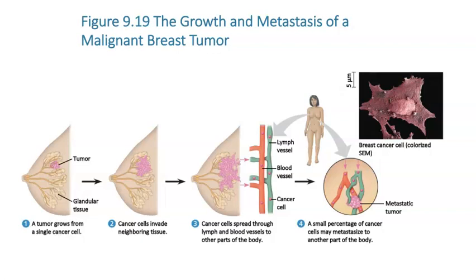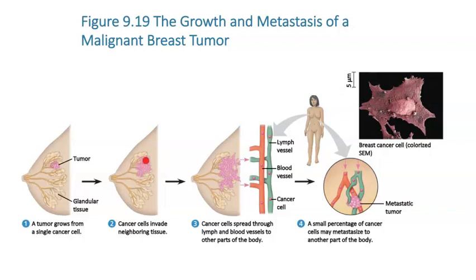So another way to look at this is to actually look at some breast tissue here. What we have is showing you a tumor. And the tumor, it was just one single cell that got a mutation in it, and that started this, ignoring the cell cycle information. And so you get this tumor. But if it's just a lump right there, if it's staying right there, and if it's surrounded by that capsule that we just talked about, then it's benign. But if it starts to invade other tissue of the breast, then that is cancer,